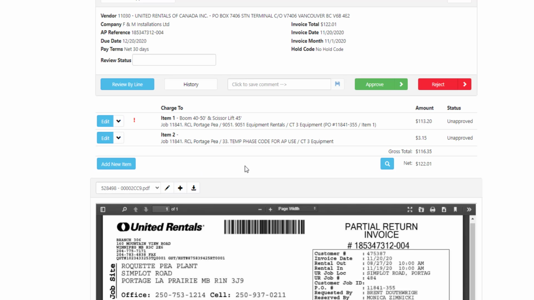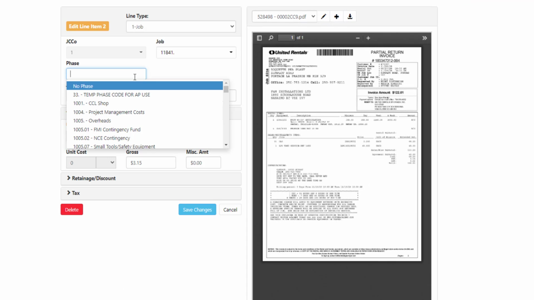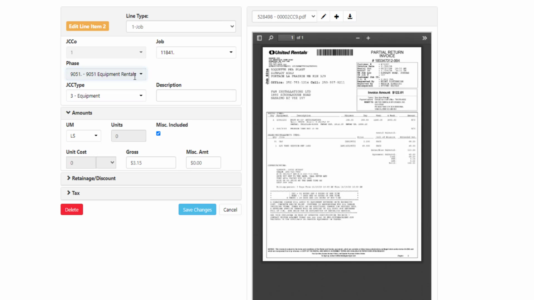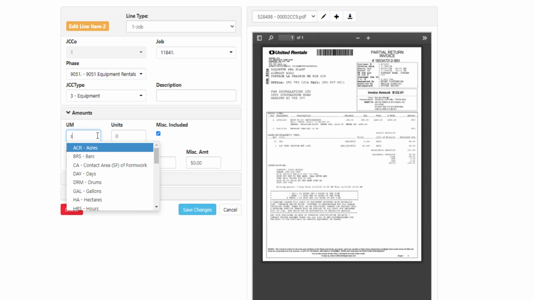Okay, now that line number 1 has been edited and it is linked to the purchase order, we now need to update line item 2 to the correct phase code. We're going to come in and select our phase code, and when we did that, the unit of measure changed from lump sum to hours, and that is because it's tied to cost type 3 equipment, and the unit of measure in the master table is set up to default to hours. So we're actually going to change this to lump sum,